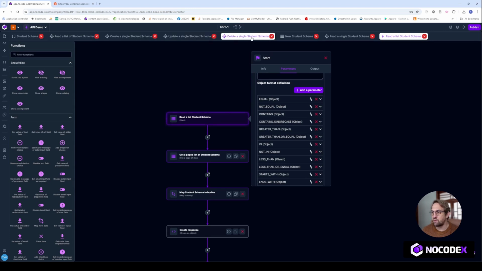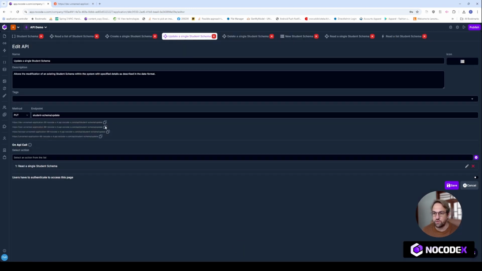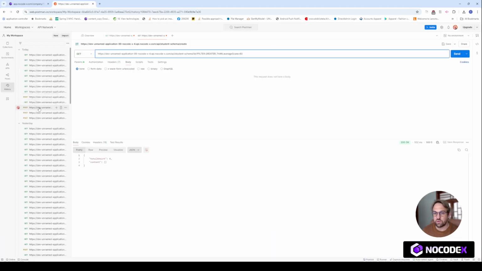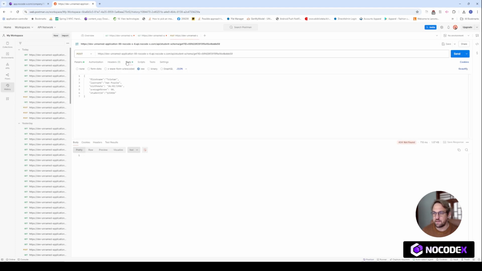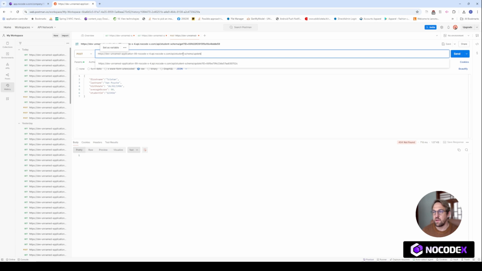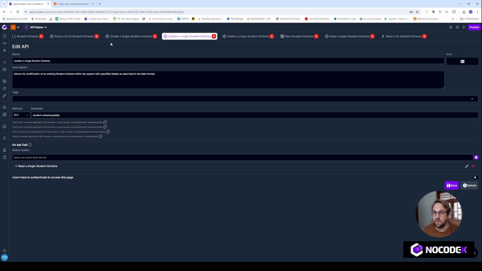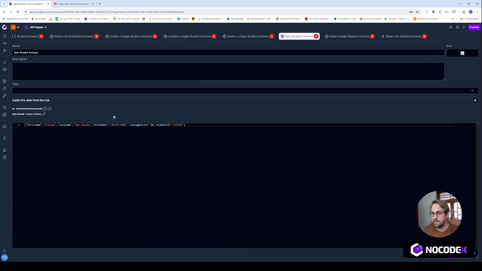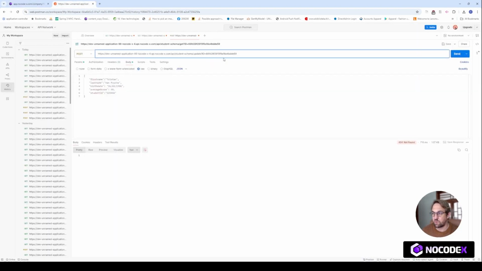Okay, let's try out the update a single student endpoint. So I copy the endpoint again. An update is of course always a put. So let me just grab here a previous request that I did. There's still a body inside this one. Okay, so along with an update, you always have to pass along an ID, or else the update won't work, of course. So let me just find an ID for a student that I want to change. So let's up the average score of this student to, or let's put